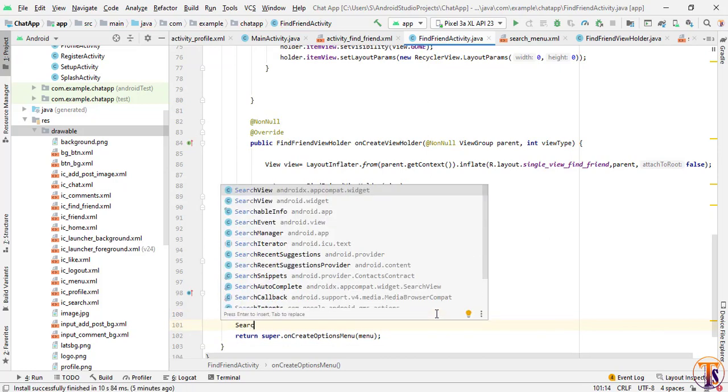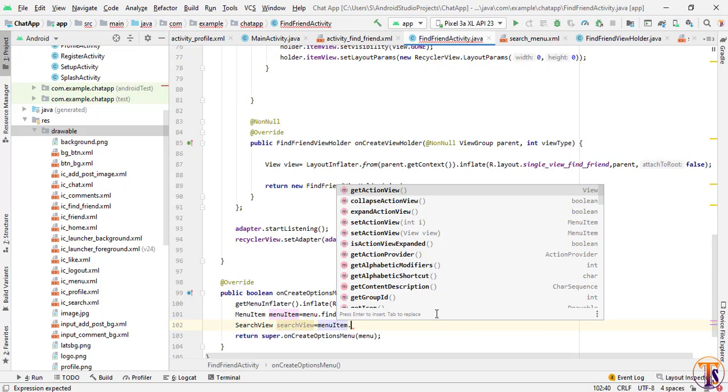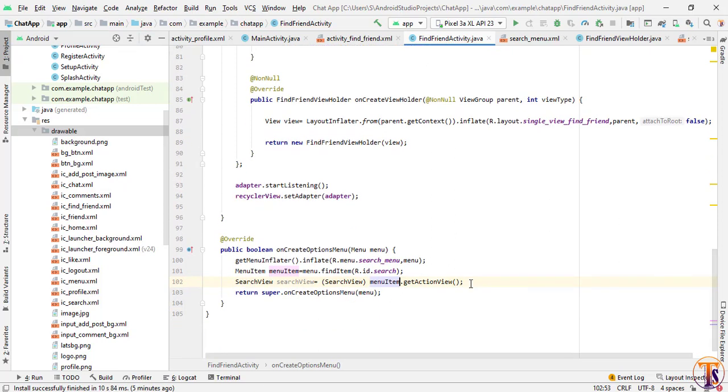So I will create a SearchView, and make sure you have selected android.widget.SearchView. SearchView equals menuItem.getActionView. Put a semicolon here, and it will show an error, so press Alt+Enter to cast it. Okay, now finally we have to return true. So first add here true.